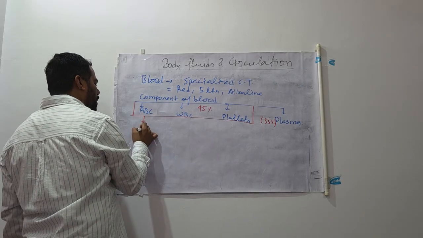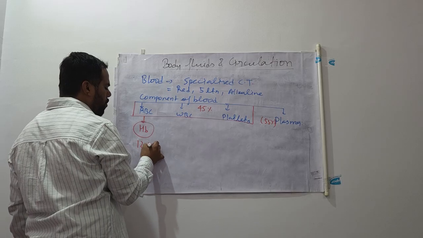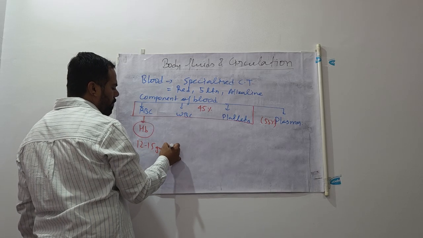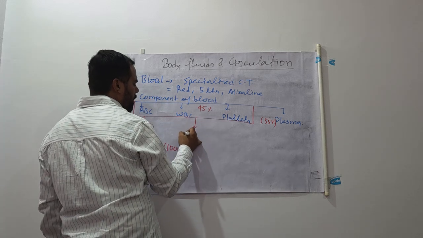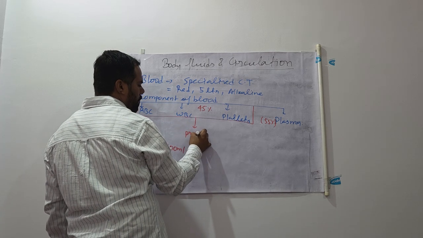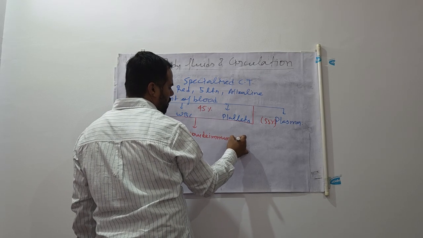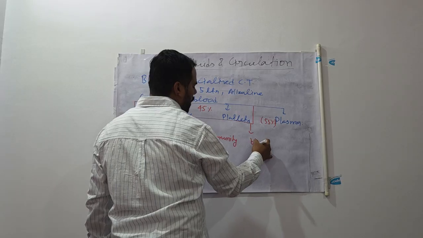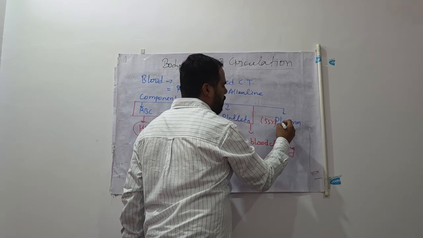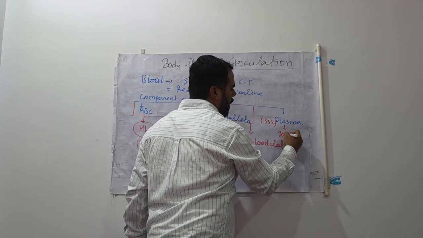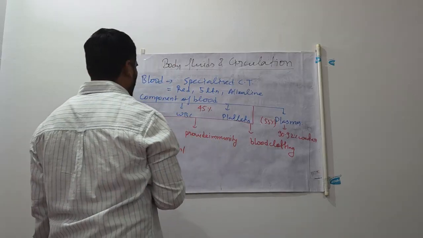आरबीसी के पास सबसे इंपॉर्टेंट क्या होता है? हीमोग्लोबिन. हीमोग्लोबिन ह्यूमन बॉडी में कितना होना चाहिए? 12 to 15 ग्राम पर 100 ml ऑफ ब्लड. डब्ल्यूबीसी सबसे इंपॉर्टेंट क्या करता है? प्रोवाइड इम्यूनिटी. प्लेटलेट्स किसमें हेल्प करती हैं? प्लेटलेट्स हेल्प इन ब्लड क्लॉटिंग. प्लाज्मा majorly made up of 92% water.